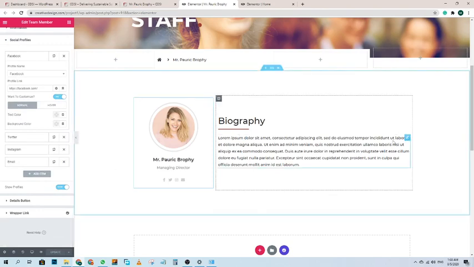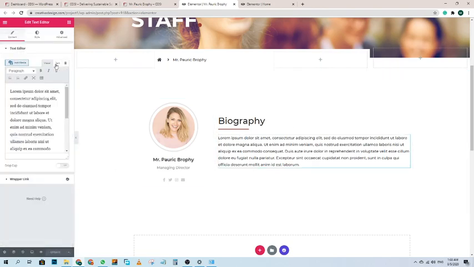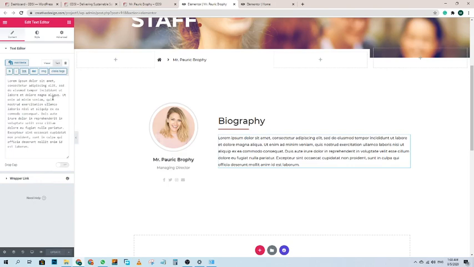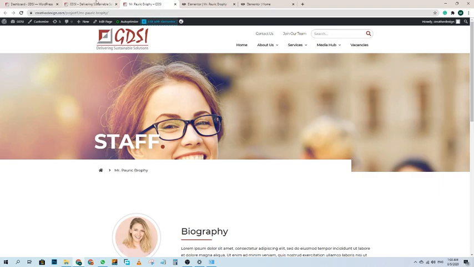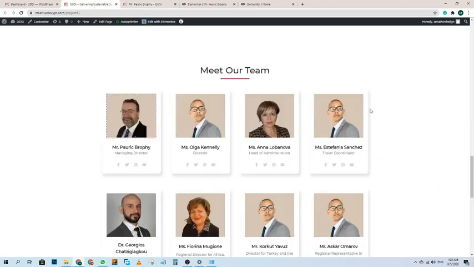And this is the simple one. Just come into the text tab and change the content of your paragraph. Okay, and now this meet our team part is done.